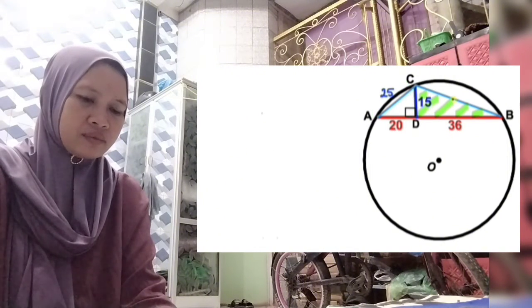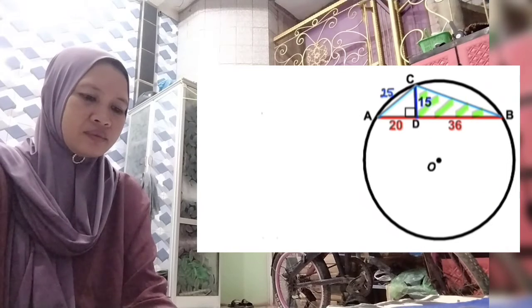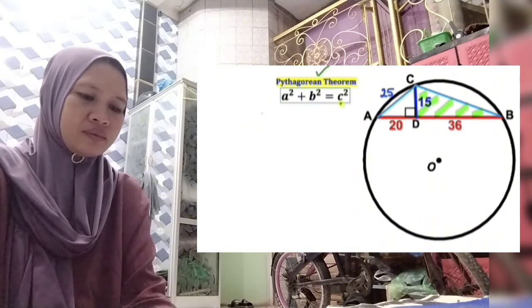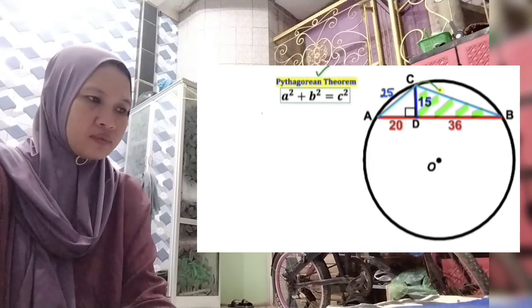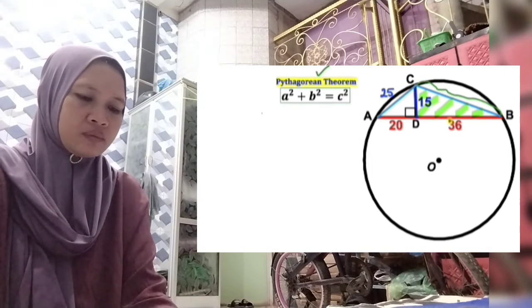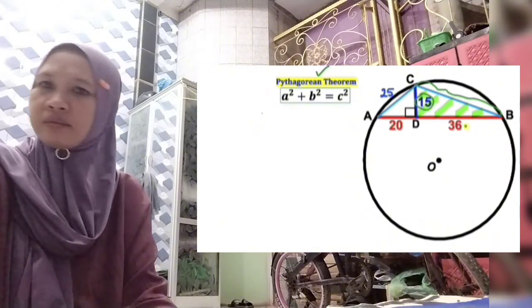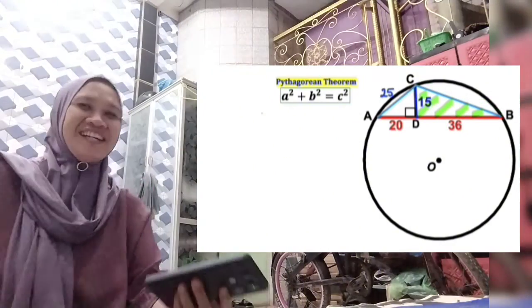And now we are going to focus on this other right triangle BDC, and we are going to apply the Pythagorean theorem on this triangle as well. And here's our Pythagorean theorem once again: a square plus b square equal to c square. And in our case, our hypotenuse is this side BC, whereas our two other legs are 15 and 36. Let's go ahead and fill in the blanks in this Pythagorean formula.